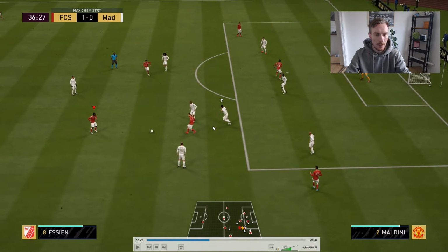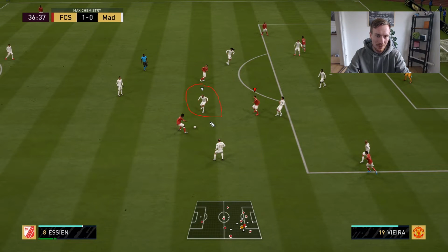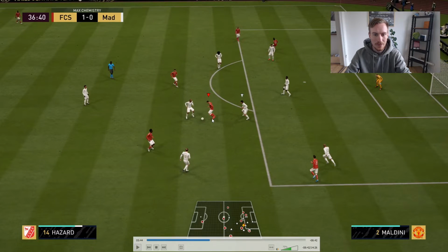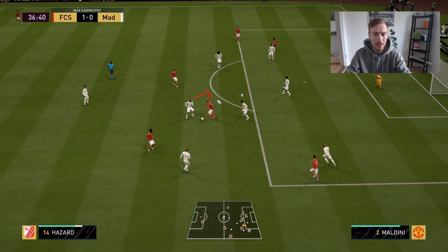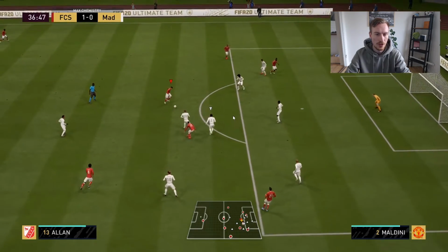But my player is not falling for the bait. We're just moving, and eventually we can see that he pulls Vieira out of position. And then we can see that we still have the back towards Maldini, so it's an easy pass in here. And as soon as he changes to Maldini, you can see we have an easy pass in here. This time I decided to take a touch. Maybe I should have played it on the first touch, but...